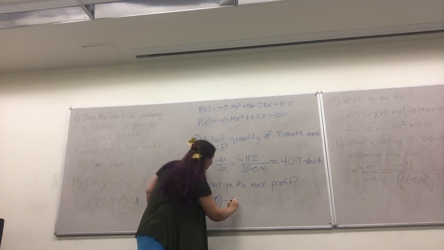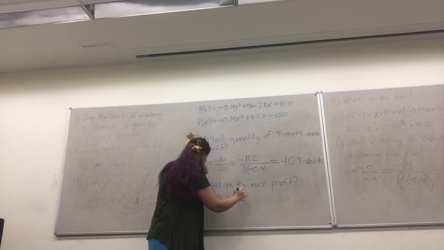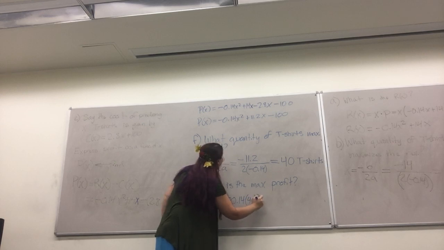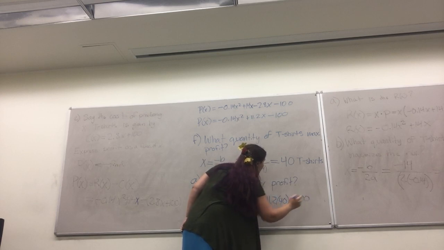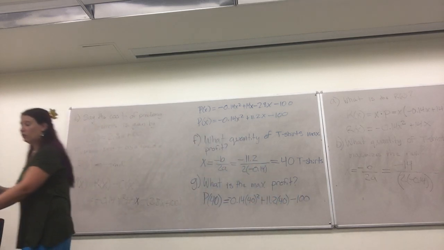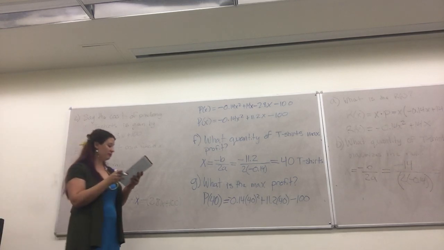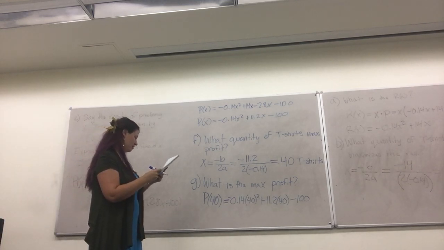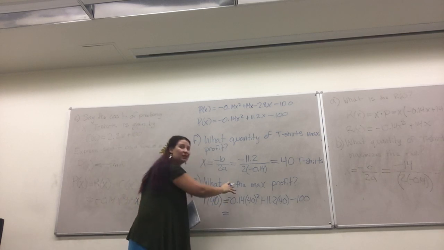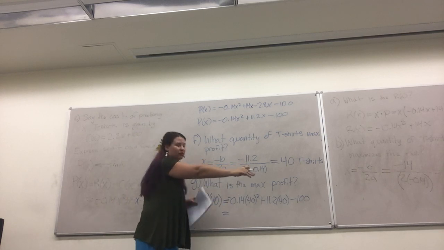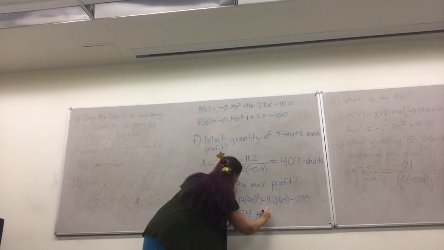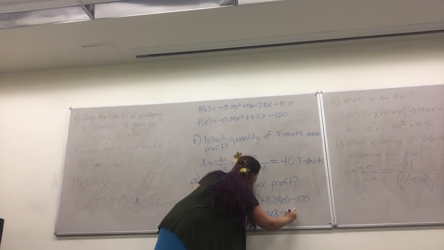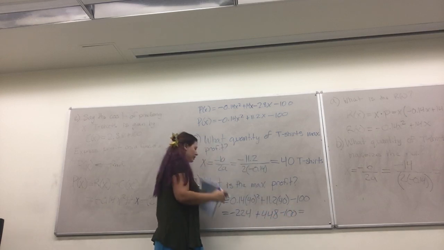So that will be P equals negative 0.14 times 40 squared plus 11.2 times 40 minus 100. Okay, so if we put that in our calculator, we want what each term equals if we put it in. We would get negative 224 plus 448 minus 100, which then goes together to be